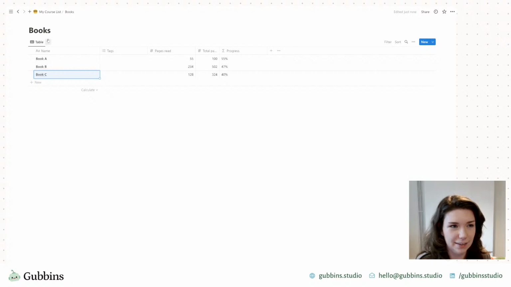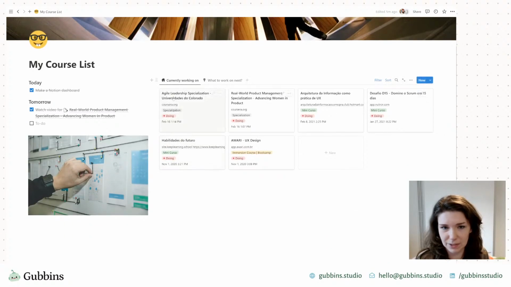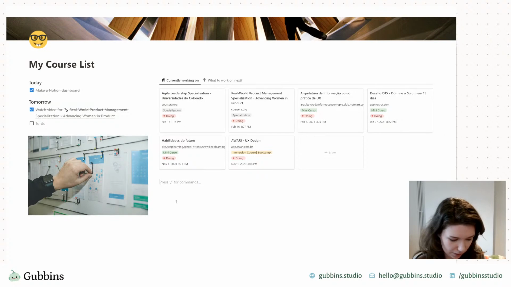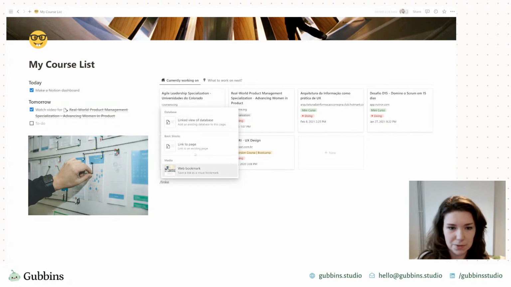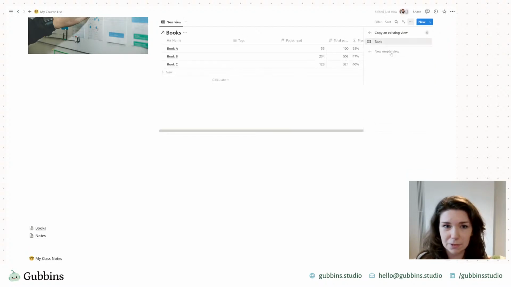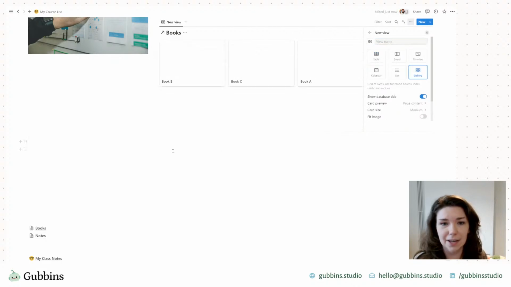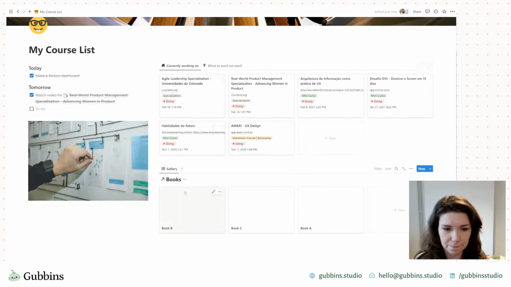But then, okay, let's say that you wanted to have something like what you have here. You have what you're currently working on. You want to have a similar view for what you're reading. So we can do that by using a linked view of a database and bringing up that books one we had before. Using a new view and having gallery, because that's what we used up here.